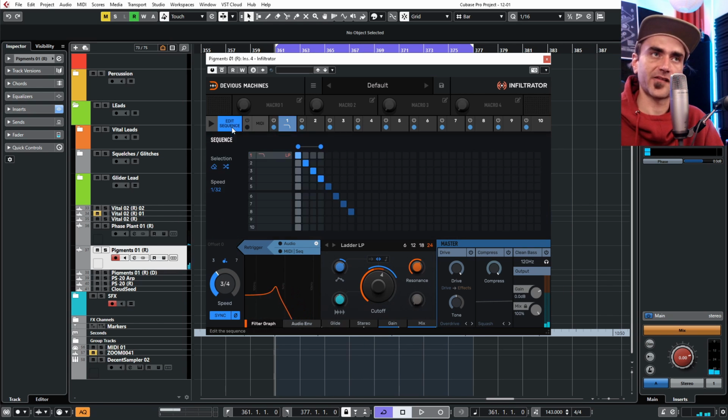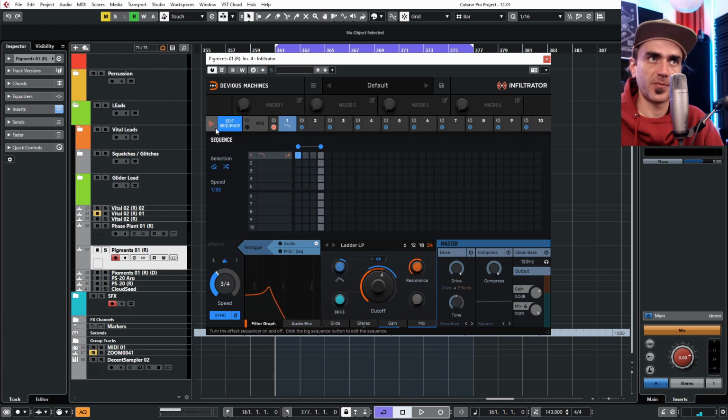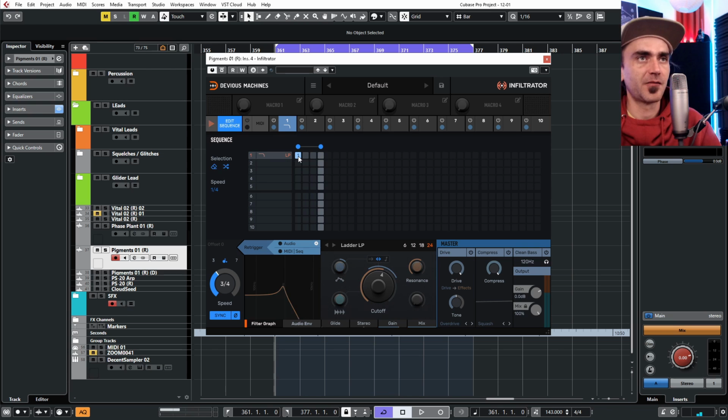So the plugin has a sequencer over here, and how it works is it basically allows you to sequence what effects are playing at what time. So if we press this play button, you'll see it's going crazy over here, but we can change the speed. So let's say, for example, 1/4. So every kick represents one of these little blocks over here. So we can choose when the thing is being filtered and when it's not being filtered,